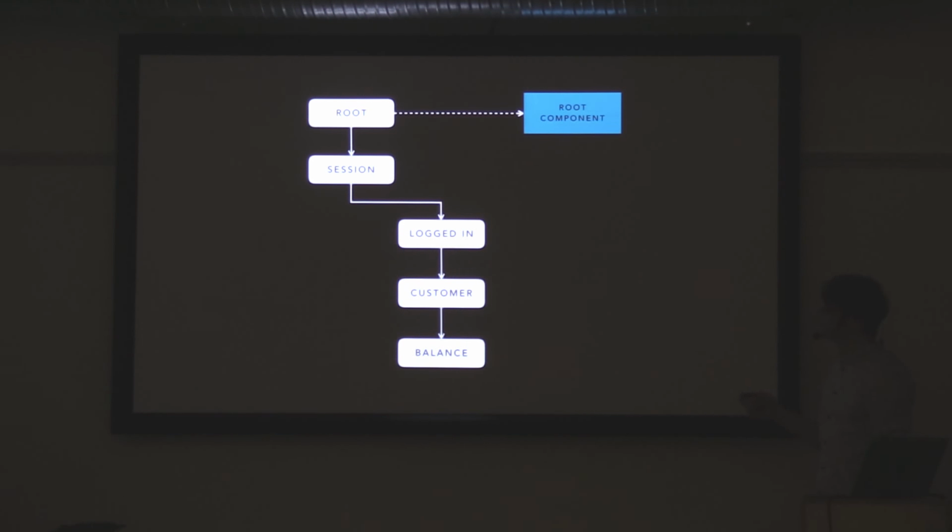We know that the root component also creates a subcomponent, someone who is in its scope. In this case, it's a session component. So the session component always depends on, or is present in, the root component scope. By the way, the session component doesn't know anything explicitly about the root component, but you can see it by the direction of the pointers here.